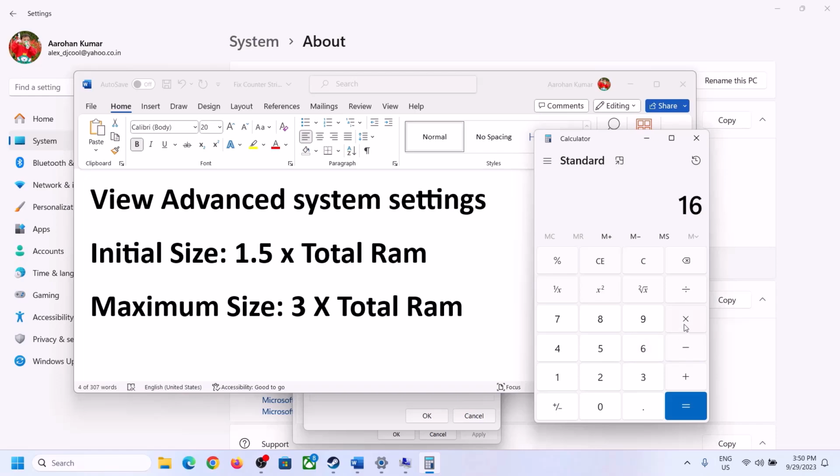16 into 1024, because 1 GB is equal to 1024 megabyte. So 16 GB in megabyte will be 16384. This is my total RAM in megabyte. Now 1.5 into total RAM, that is 16384 into 1.5. So in my case initial size is